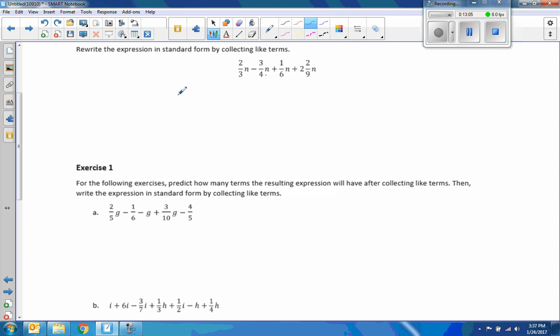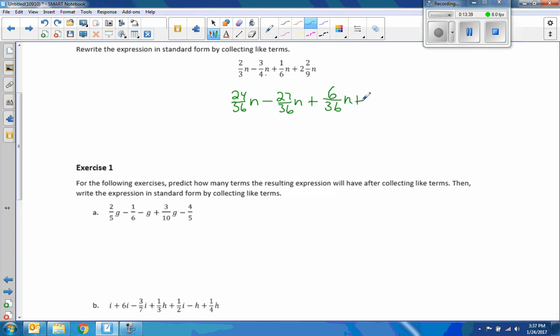But I'm just going to tell you right now that the common denominator will be 36. So if I change the first one to 36, I have to multiply 3 by 12. So 12 times 2 is 24, and minus, if this is 36, 9 times 4 is 36, 9 times 3 is 27, and plus 6 times 6 is 36, so 6 times 1 is 6, 6/36, it's the same as 1/6,